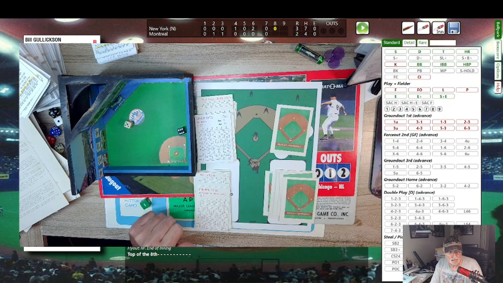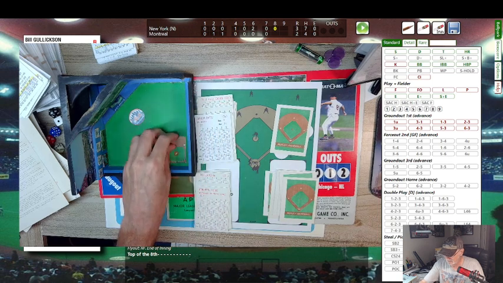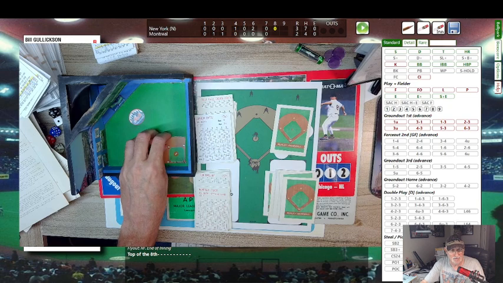All right, so the top of the 8th, Gullickson is in there. Both pitchers, Gullickson's going to hit his max 8. It's a big 8 on his card. I don't know what the small 5 means, and I really don't care, to be honest with you right now. Just trying to get through this last game.